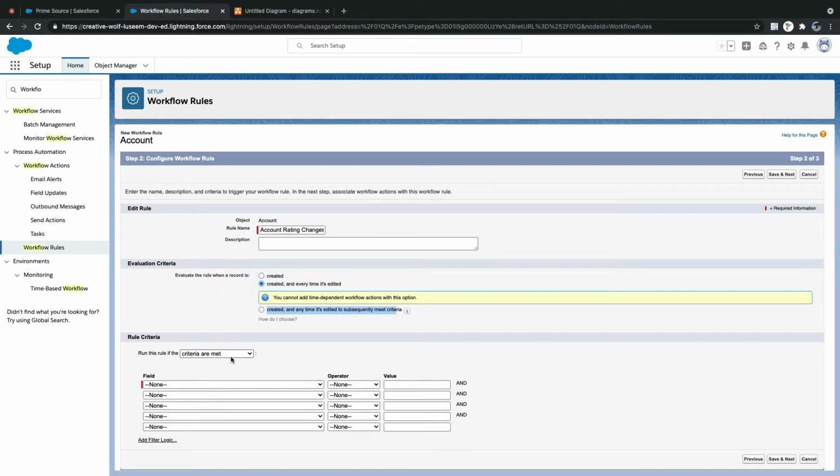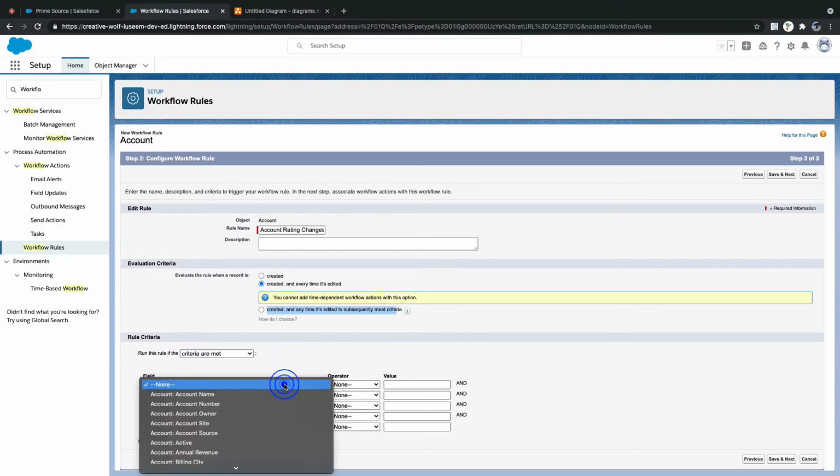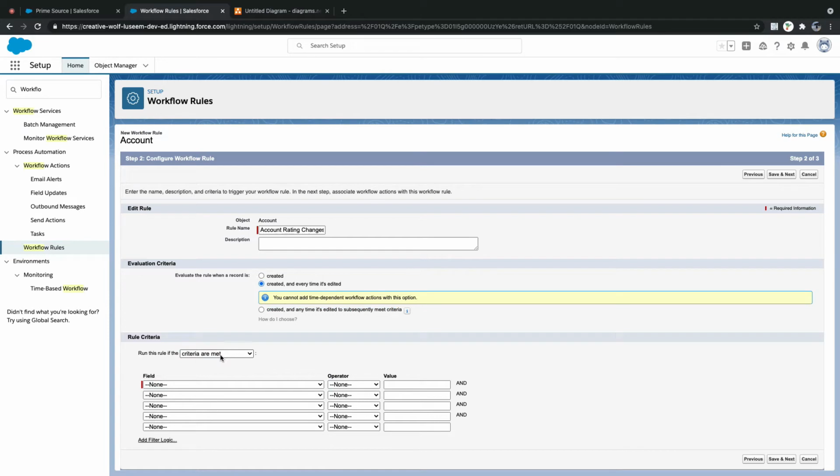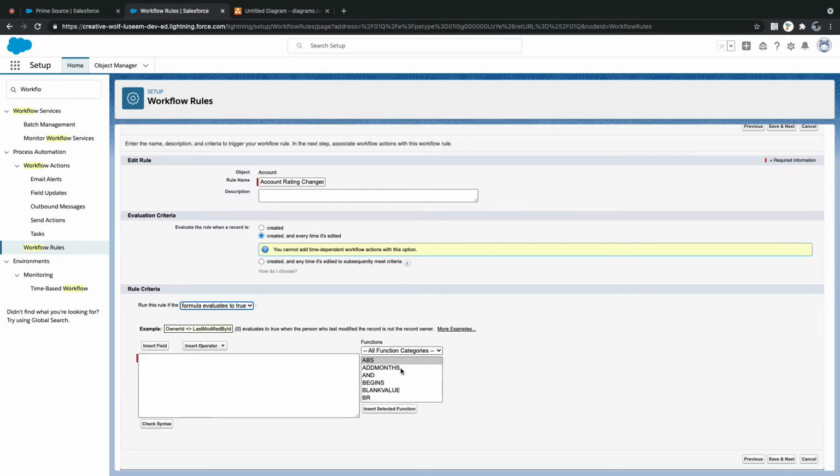Here you have two options: criteria are met, and formula evaluates to true. If you know one thing, you can do it for every validation. The formula option does the same function as your validation rule.